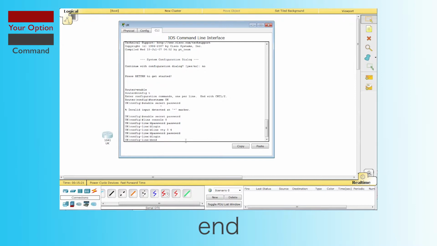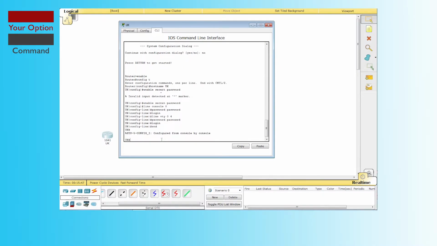There are interface commands for the router. There are also routing engine commands. These go into things like RIP and what version of RIP, so you can use RIP 1, 2, all stuff like that. And there are also line commands, which you can see as we've just used now to set up the password. So we're going to click end, and we're just going to get out of configuration line. So as you can see now, we are back with this little hashtag here. We're just back in normal privileged mode. So you're going to type in configure t,